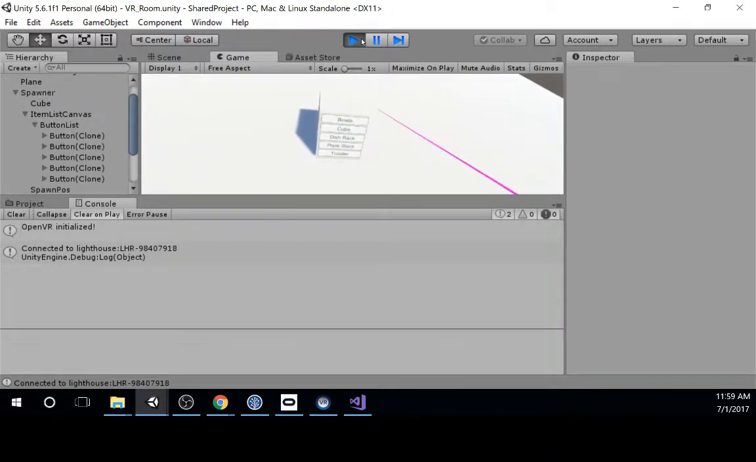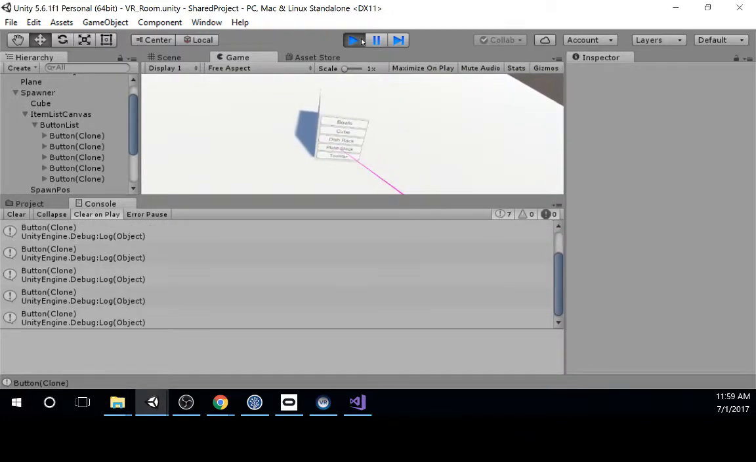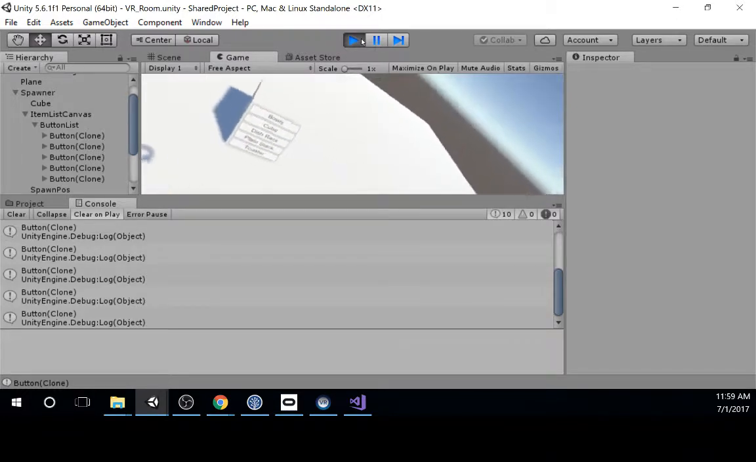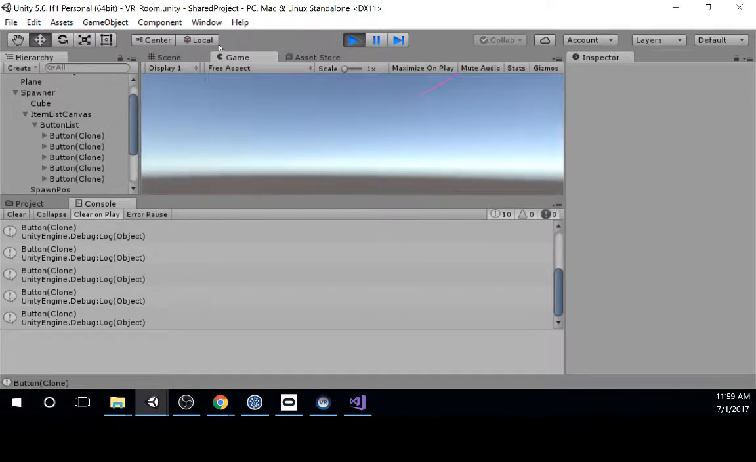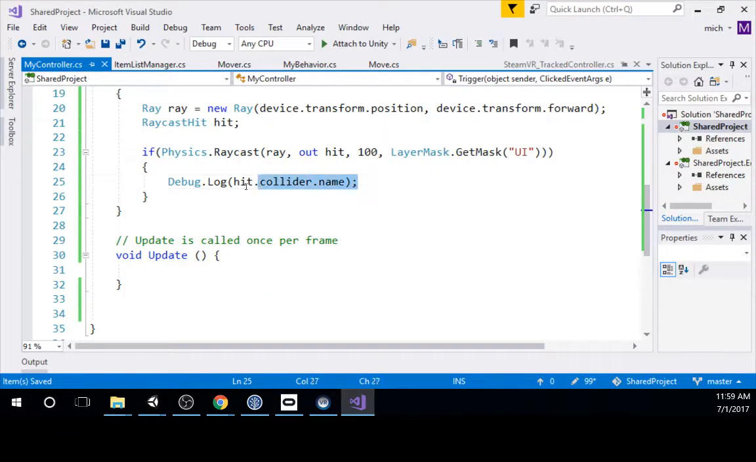So now these guys don't trigger, but these ones do. So now our pointer is only triggering when it hits a UI item, which is good. That'll just filter out the next test we do. When we say